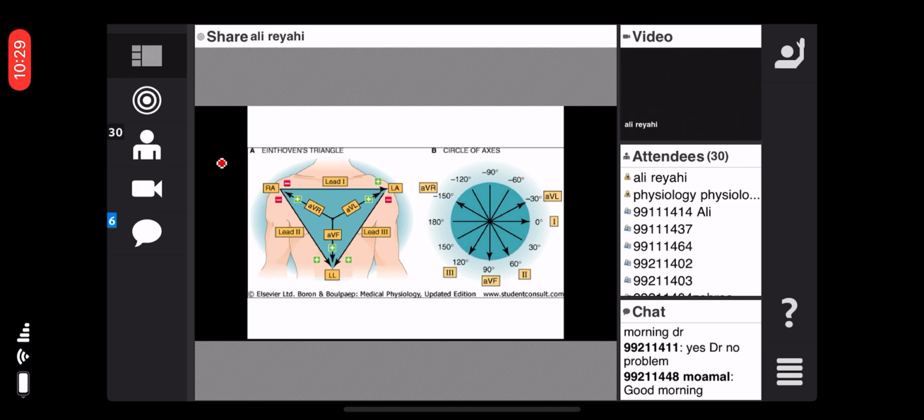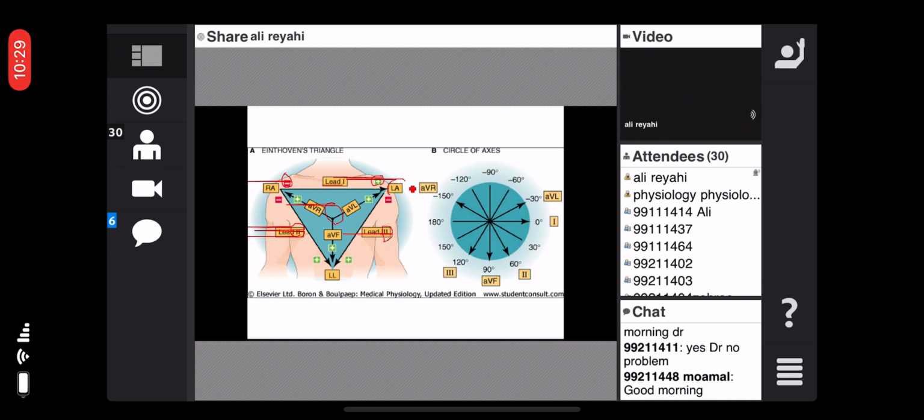If we return to the first slide, we learned that if we put the negative electrode on the right arm and the positive electrode on the left arm, indeed we have lead 1. We record the potentials of the heart between these 2 points, from negative toward the positive. And in the same manner, we can record in lead 2 and lead 3,